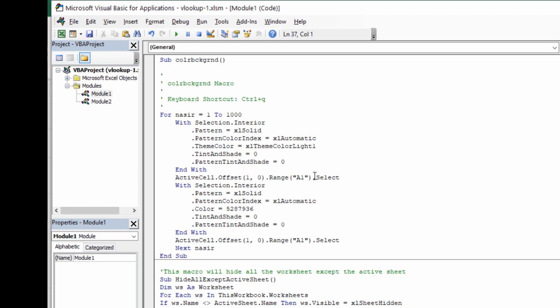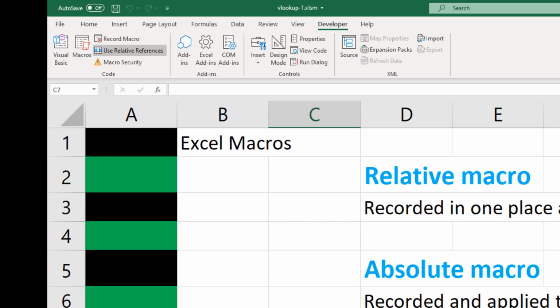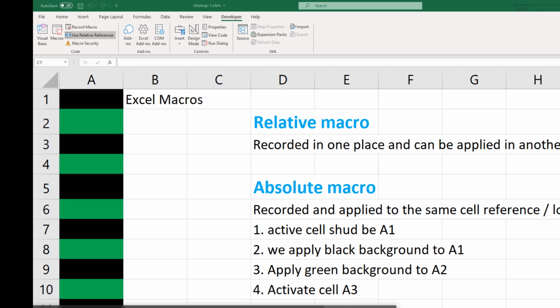So it is up to you. If you have already recorded a macro, there will be module 1 where all the macros are recorded. But if you haven't recorded and there is no module, then you go to insert and insert module, and then you are given the chance to enter your code.